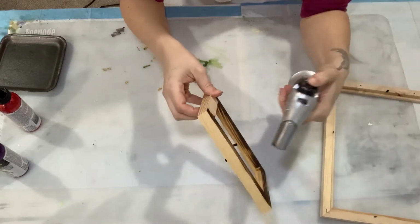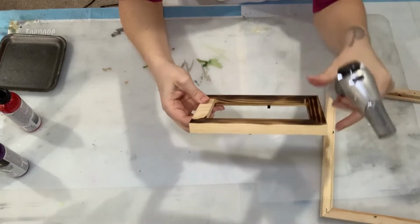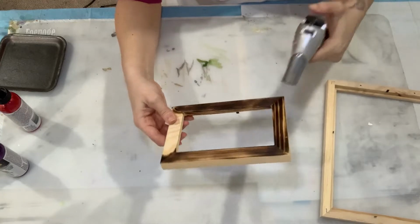It is also weirdly satisfying. I've always liked playing with fire, but that's probably another issue. And it's not hot to the touch, like right after you do it, it's a little bit, but